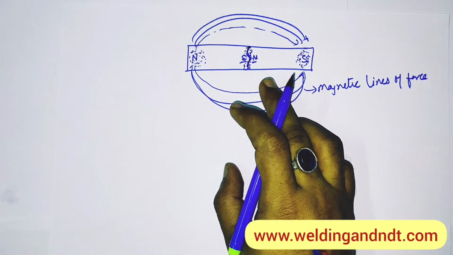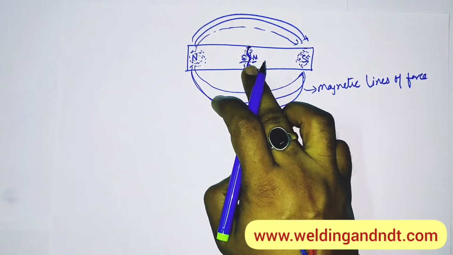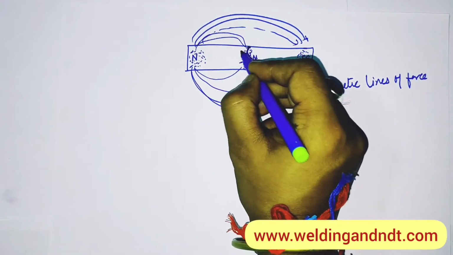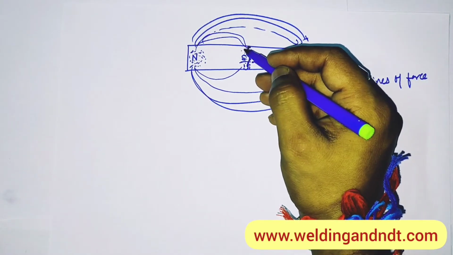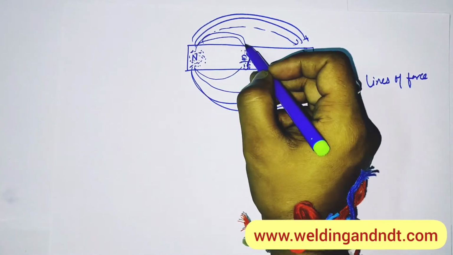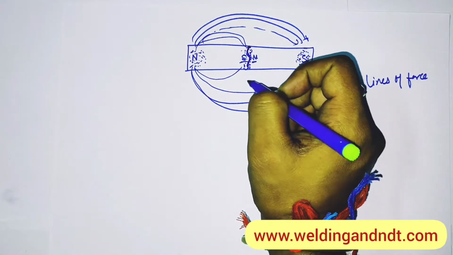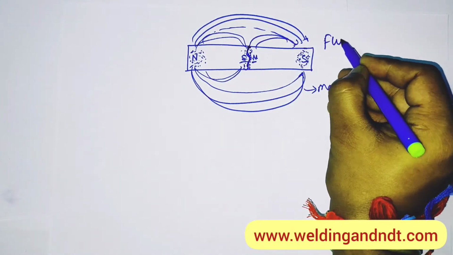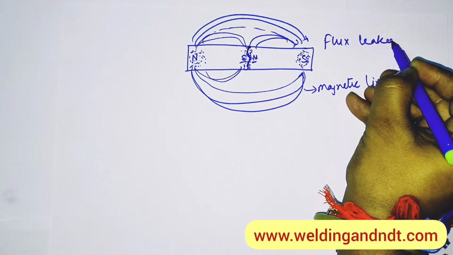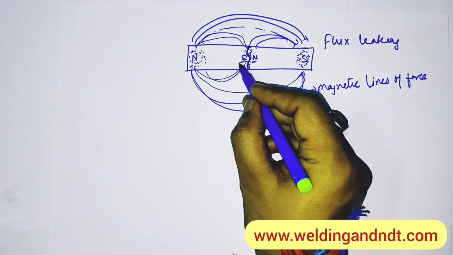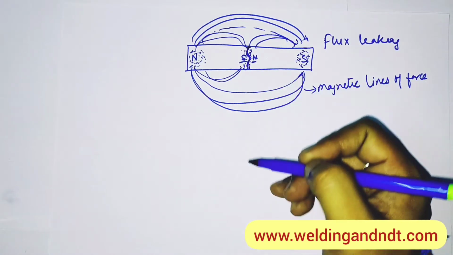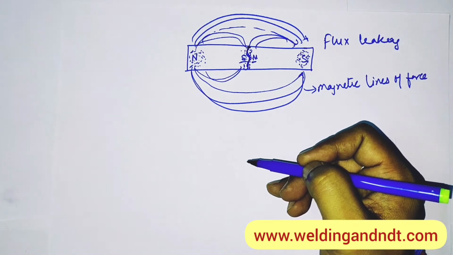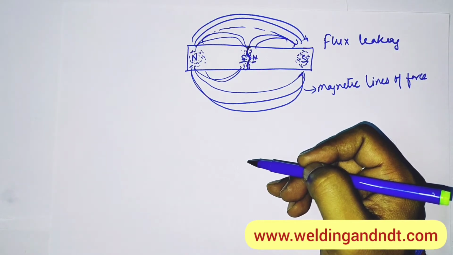Now friends, what happens at this breakage, or at this surface breaking, these magnetic lines of force, this is called flux leakage. Magnetic lines of force will get distorted. Here they will get distorted, and it is known as flux leakage. And due to this flux leakage, it appears that the pole has been shifted here, and the particles will align there. So friends, I hope you would have understood this principle.